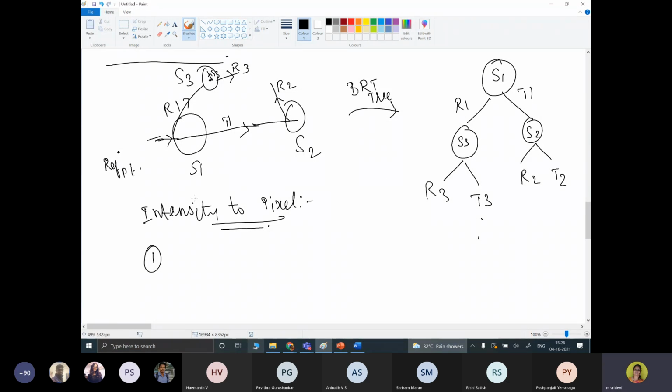We are going to compute the information, which is the accumulated intensity contribution.